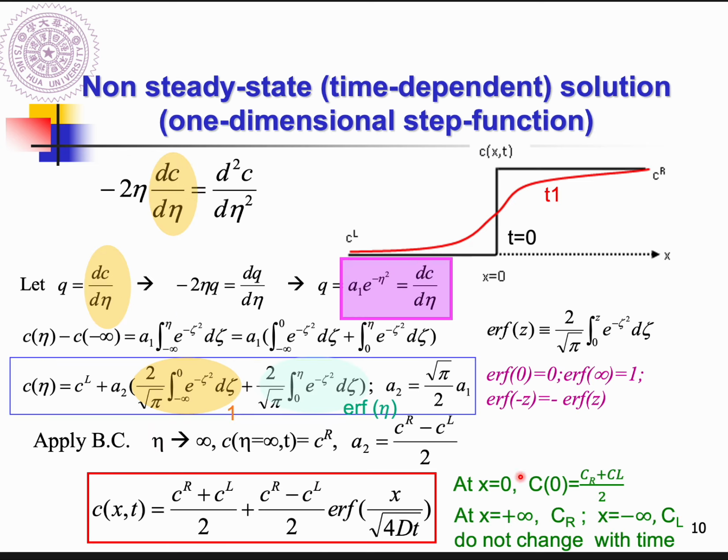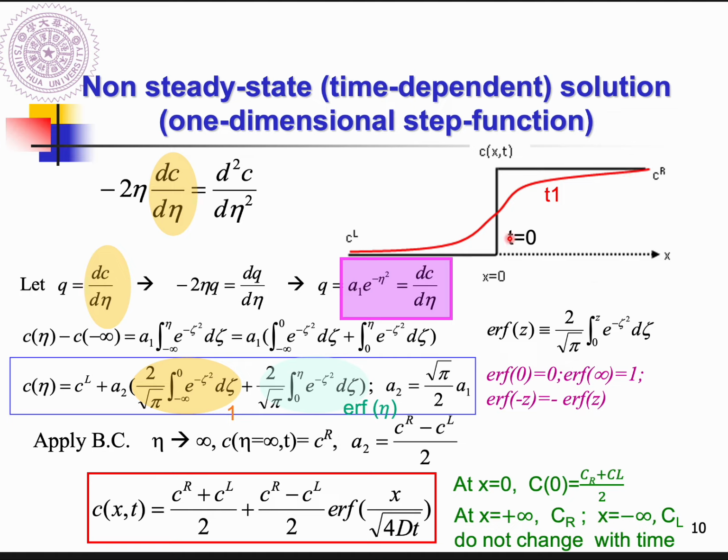That helps you easily get the solutions for this kind of diffusion couple. So the results demonstrate that the concentration of diffusing atoms equals what? The average of the sum of Cr and Cl plus the average of the difference between Cr and Cl times the error function of